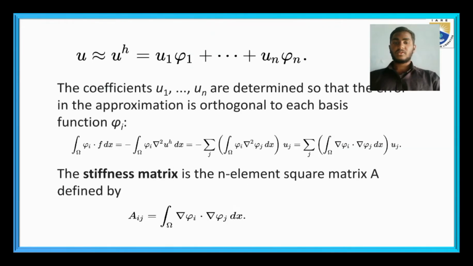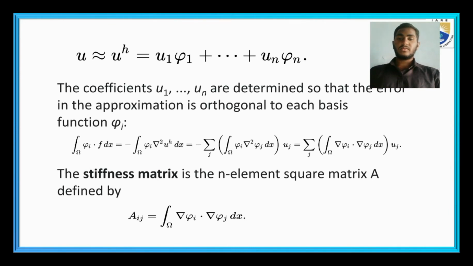One then approximates u approximately equals u^h equal to u1 phi 1 plus so on, un phi n. The coefficients u1 to un are determined so that the error in the approximation is orthogonal to each basis function phi i. And here is the equation: integral over omega of phi i into f dx equal to minus integral over omega of phi i delta squared u^h